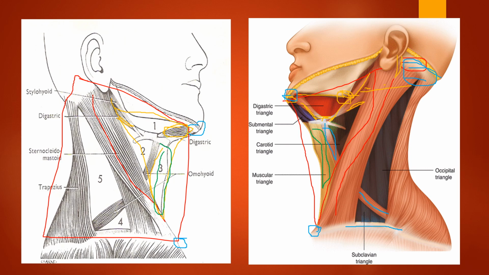Yes. The fourth one is the half submental triangle on each side. So this blue color region is going to be the submental triangle. Both the sides' submental triangles together make one single submental triangle. It is bounded on either sides by the anterior belly of digastric. They both are getting attached to the digastric fossa of the mandible. So that forms the apex and the base is formed by the hyoid bone for the particular triangle. So as far as this slide is concerned, we know the divisions of the sides of neck, how many triangles are there and why they are named so.